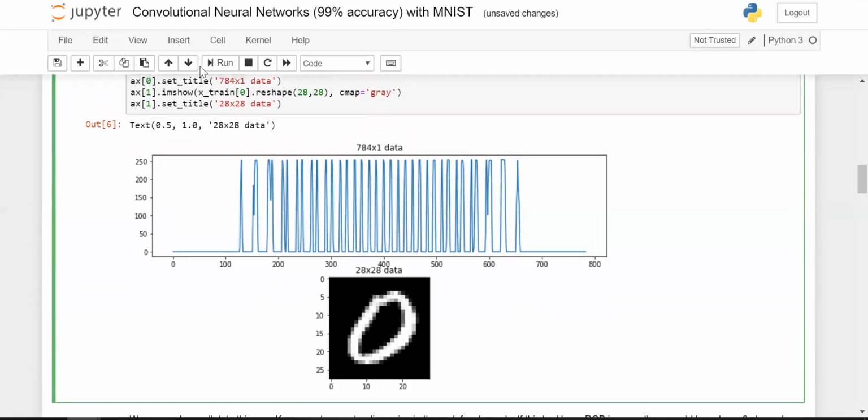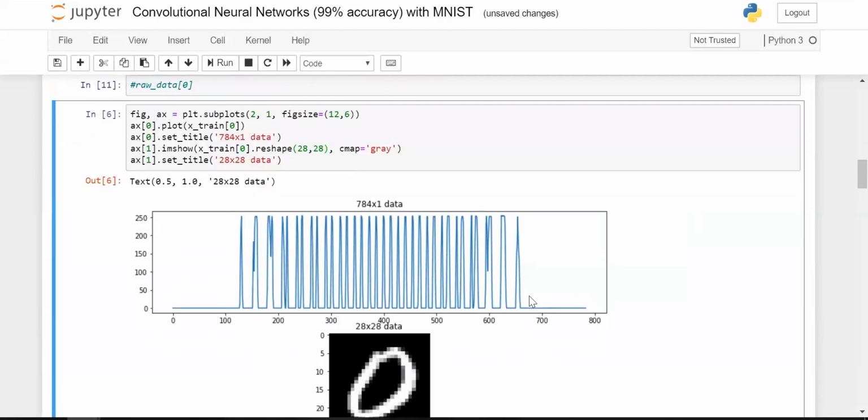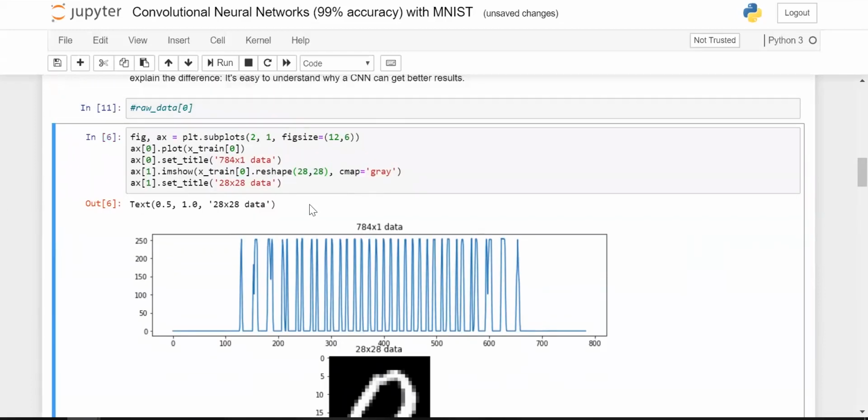But reshaping this given 0 to the shape 28 by 28, that means we are converting a one-dimensional NumPy array image into a two-dimensional one. We are getting a perfect 0. So this is the first thing you do once you get a problem wherein you have a single-dimensional image like this. You set it into a proper, appropriate shape first.